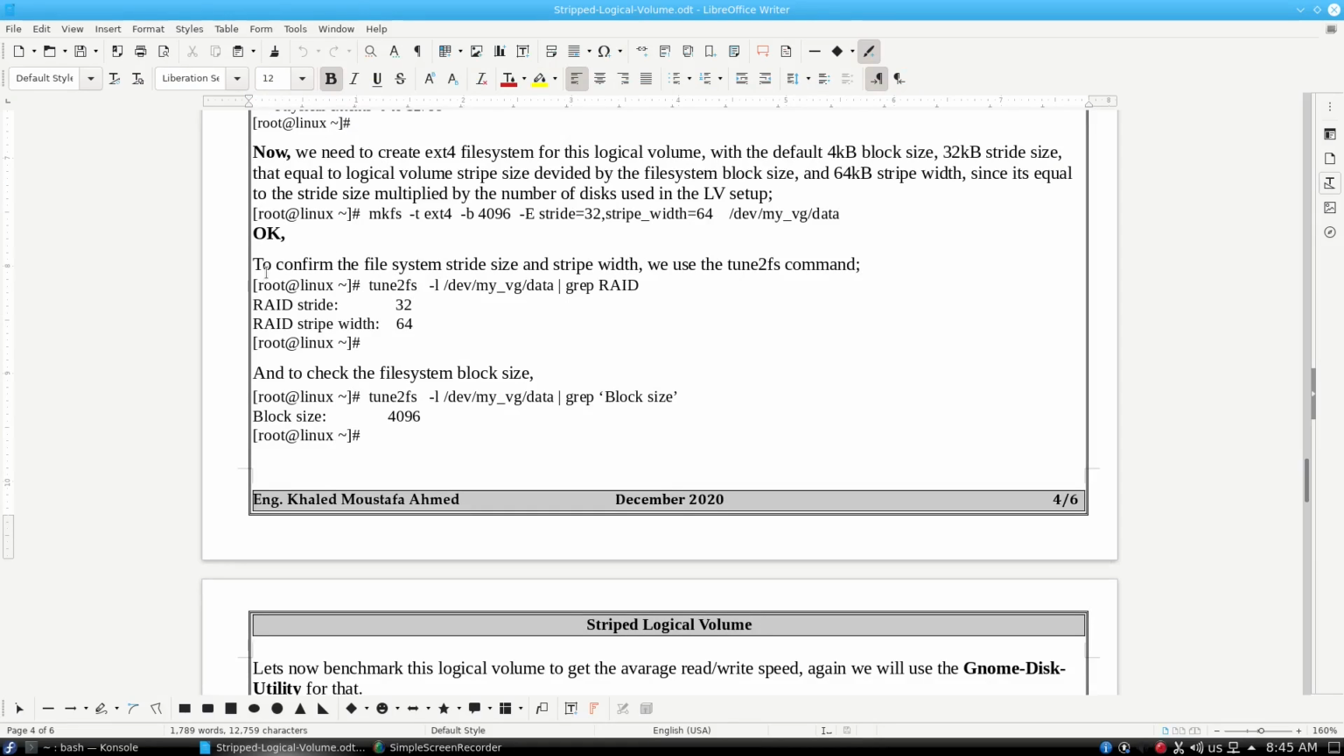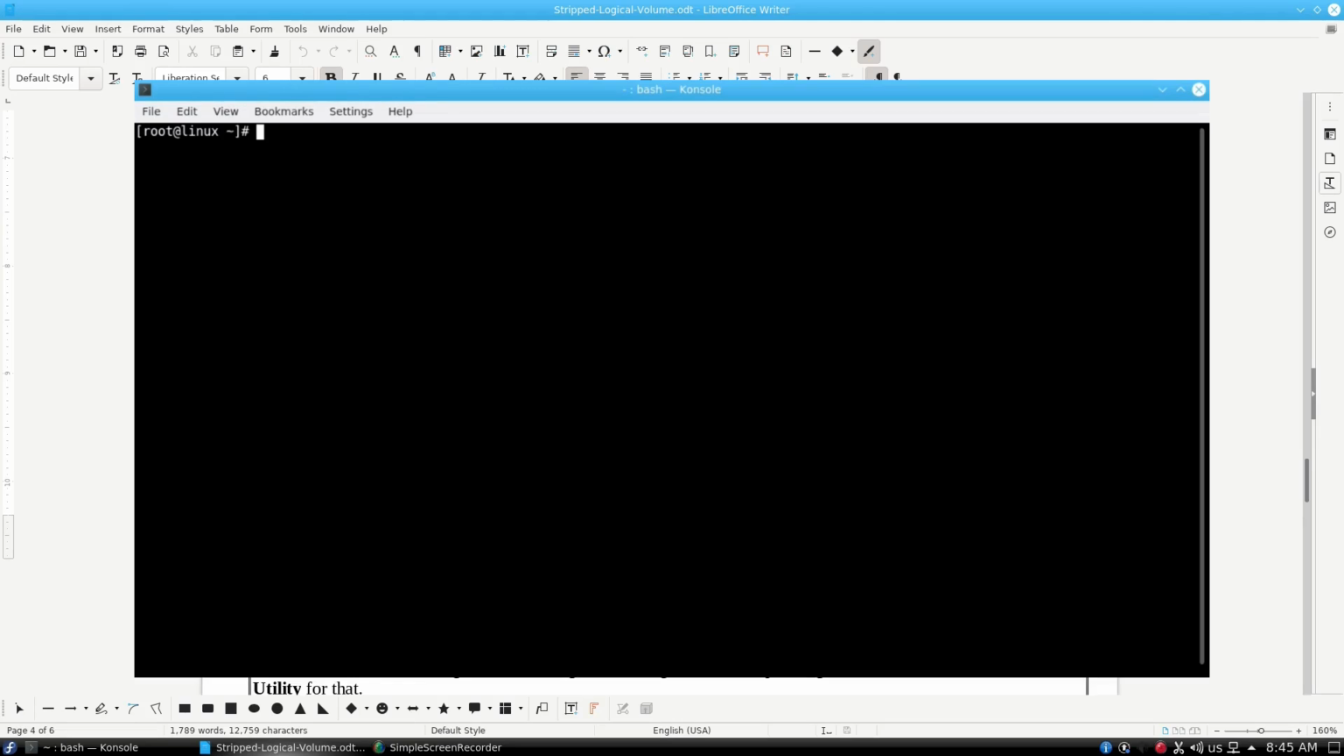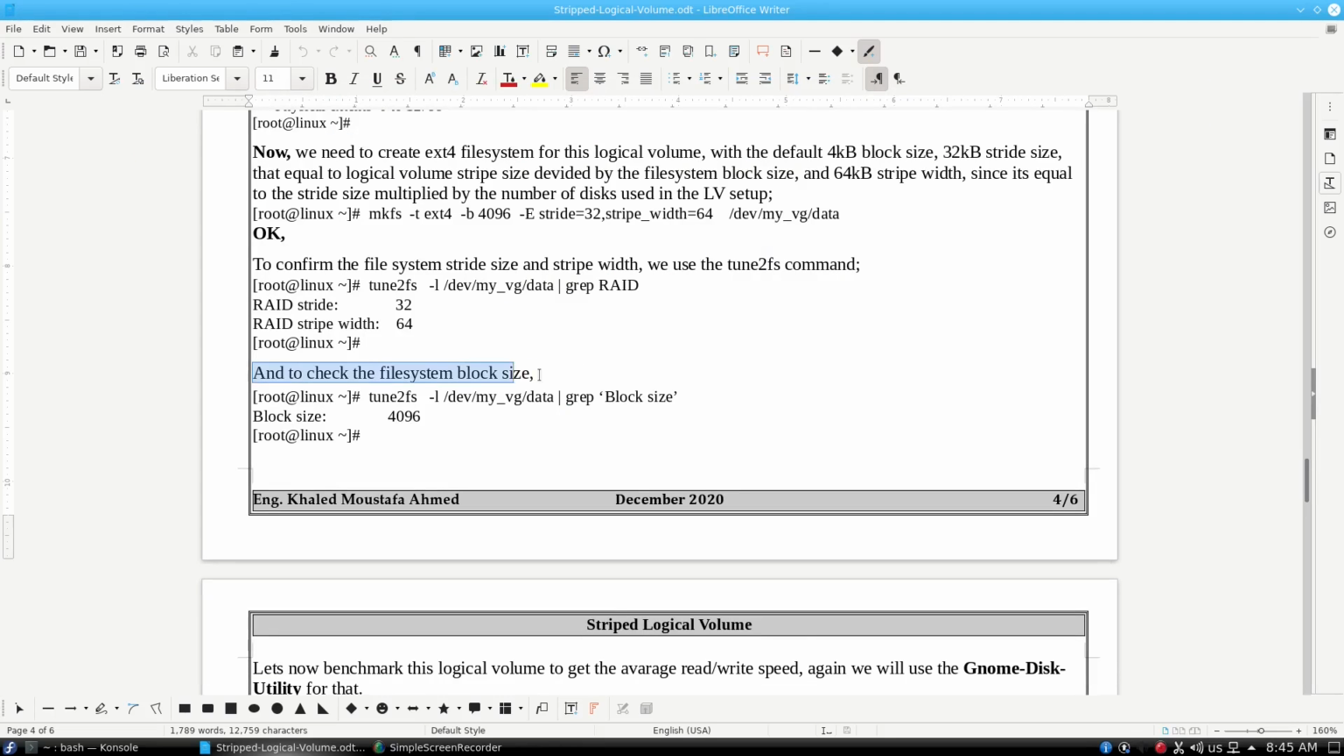Okay, to confirm the file system stride size and stripe width, we use the tune2fs command. And to check the file system block size,